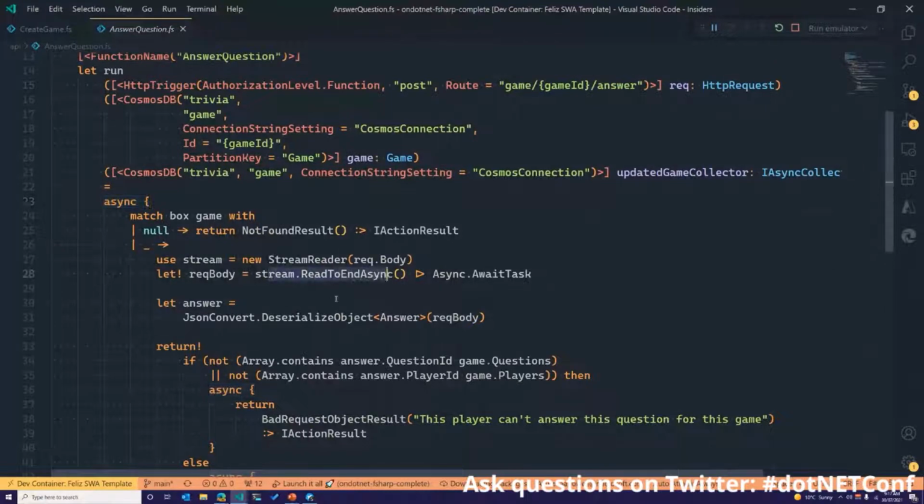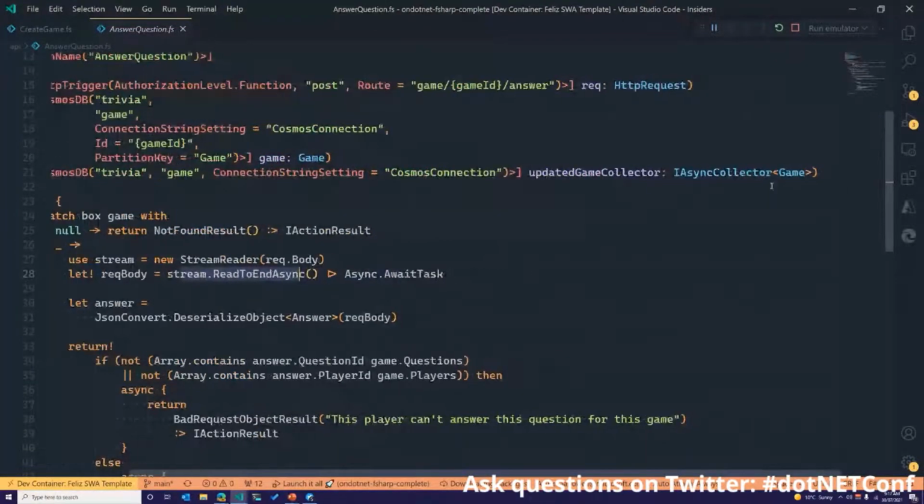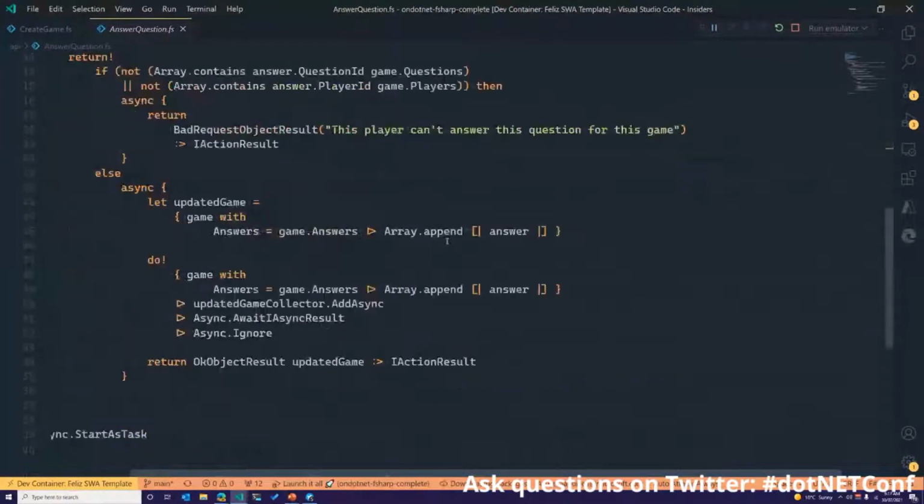We're reading out the stream. We're reading that to the end and unpacking that as JSON. Because this is async, we can't use an outref. Instead, we use an IAsyncCollector. It's an asynchronous collection where we can push items in and we can do multiple